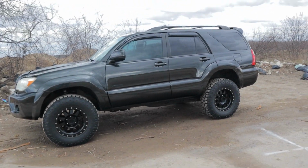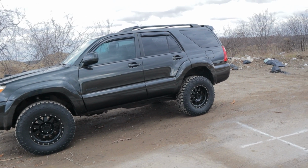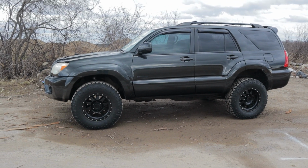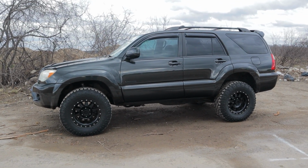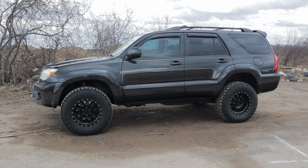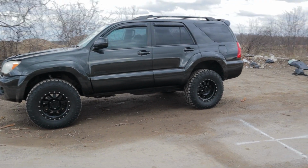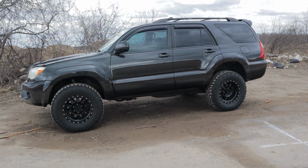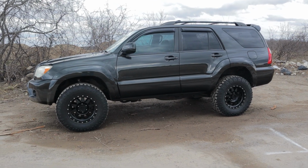I know I myself went back and forth quite a bit on what size I was going to put on the 4runner originally, but I knew there was going to be a downside to running these tires, and I just thought, you know what, screw it, I'm just going to go for it. I just want to put the big ones on and just see what it's like. And overall, they have been great. Like I don't regret running the 285s on the 4runner at all,